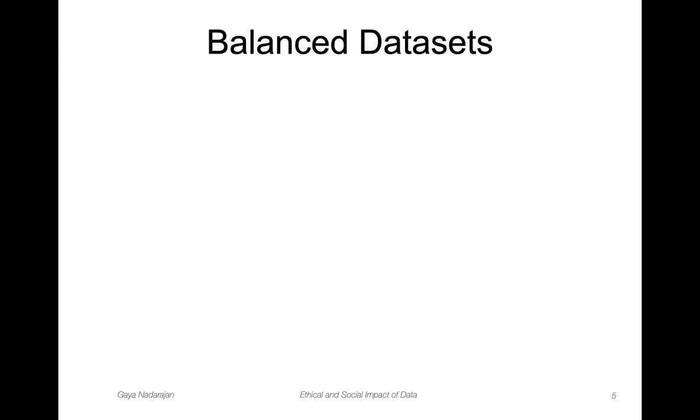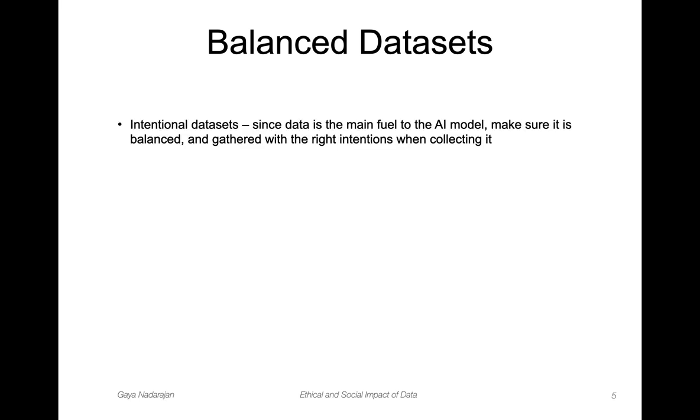So one of the best ways, and in fact the thing that every data scientist should know and should definitely practice, is to think about working with balanced data sets, right? We should always go back to our data, simply because we know our model is almost always just going to be as good as the data that we feed it with. So make sure that when we create data sets, we are intentional about them. We make sure that we don't just collect data. If you were to go out there and collect data, you don't just collect what you can get your hands on, right? Just make sure that you collect the data that you need in the right proportions, and also with the right